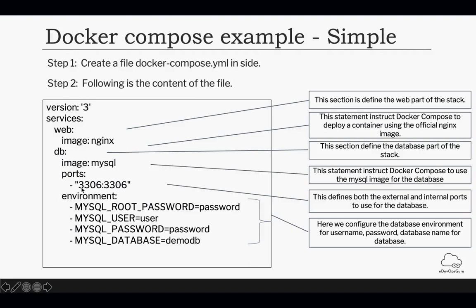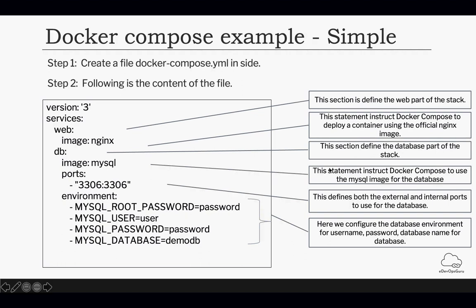Then it will map the ports, or basically expose them and map them on your host, correct? And there are certain environment variables which you can pass. These environment variables will be passed to this database Docker image when it is being created, so that this MySQL contains a username and password and a default database. Basically this is a configuration of your database for username, password and database name.